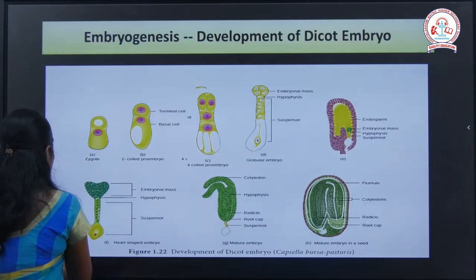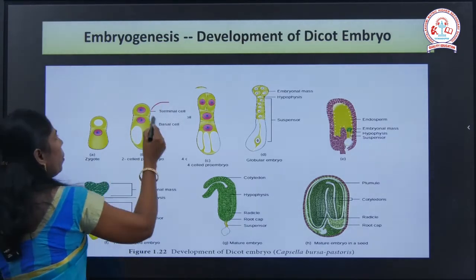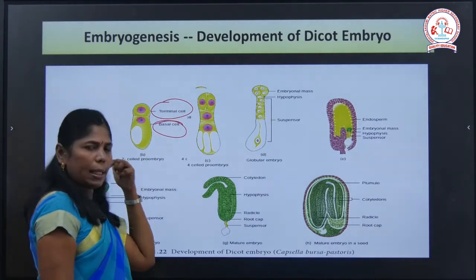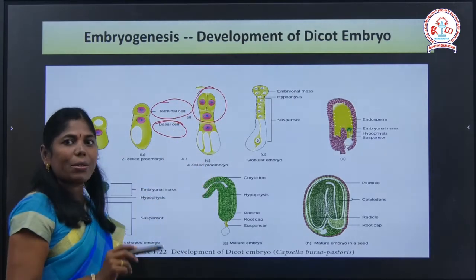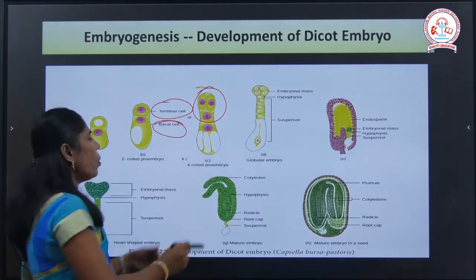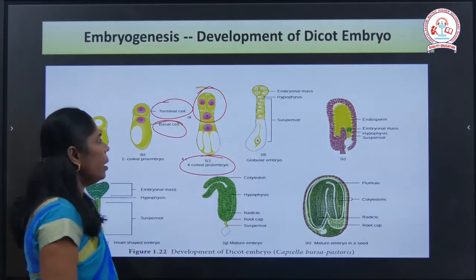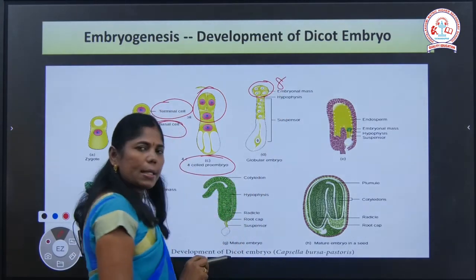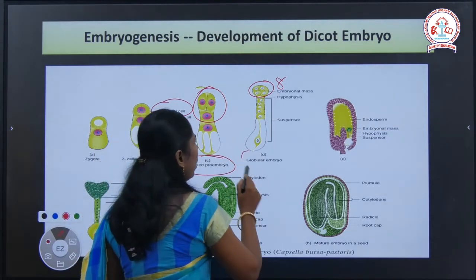Okay? So in the transverse division, two unequal cells are formed. One of the smaller cells we called the embryonal cell. This is the embryonal cell, and this is the largest cell, the suspensor cell. Okay, so these embryonal cells again undergo transverse division to form a 4-celled embryo. The 4-celled embryo is known as the quadrant type. The 4-celled embryo divides again to form 8 cells, and the 8 cells stage we call the octant type. Okay, the octant type then becomes the globular embryo.